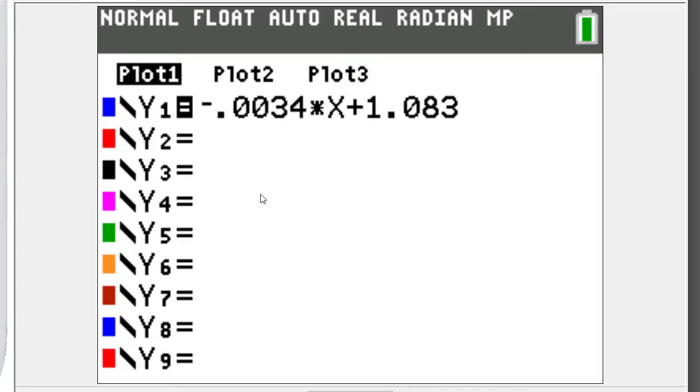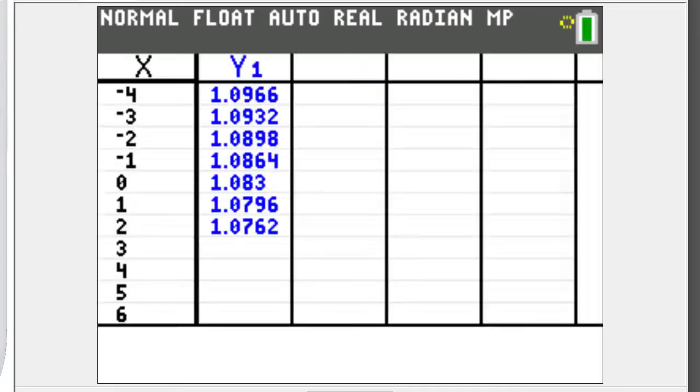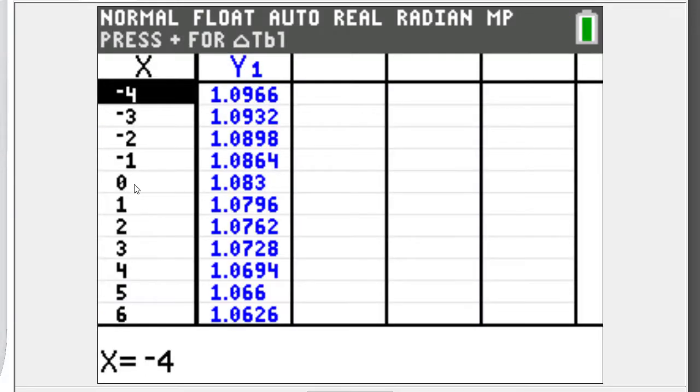I am now going to enter that equation into the y1 slot right here, and after getting that I am going to hit second table. That brings up my table here, and all we do now to find the final value in the x column is to search all the way down to